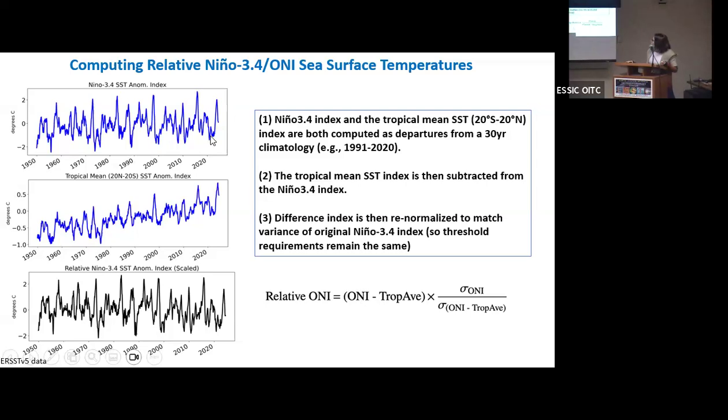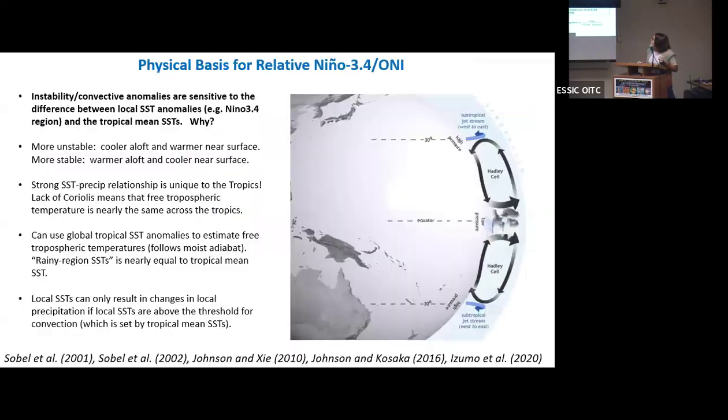Again, it's just the ONI minus the tropical average. And then we do this sort of inflation adjustment where we use the ratio of the standard deviation of the traditional ONI to the standard deviation of the difference. All right, so we're just rescaling it, and you do that as a function of season. At the end, I'm going to show you a GitHub link, which does this calculation in Python, and it's a short piece of code.